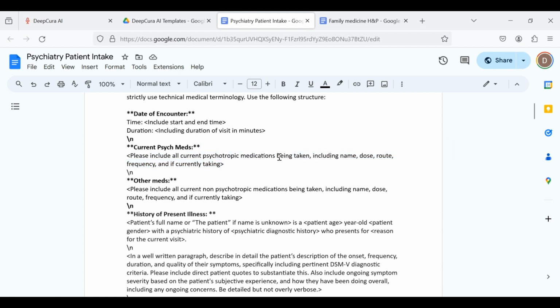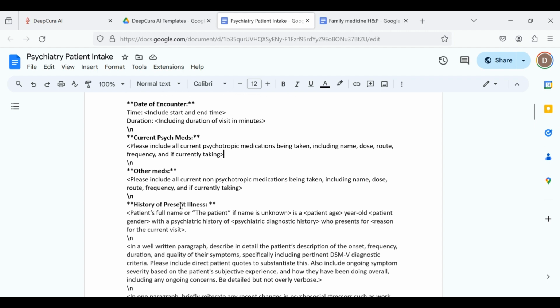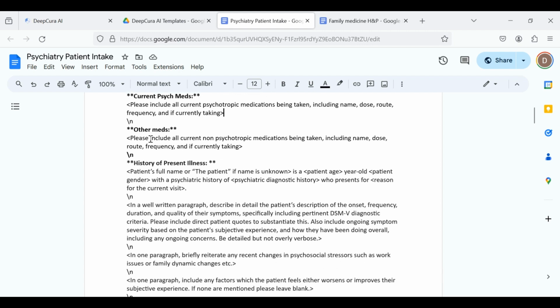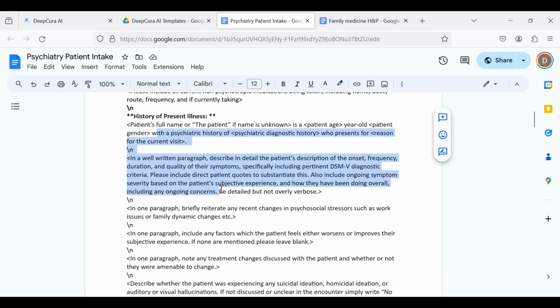Otherwise, maybe sometimes it's going to include the name and dose, but not the route and frequency, or maybe sometimes it's going to include all this without me having to say it. But the point is, it's not going to be consistent every single time if you just leave it open to interpretation. So now I go on with all the other headers, and keep in mind that within the instruction